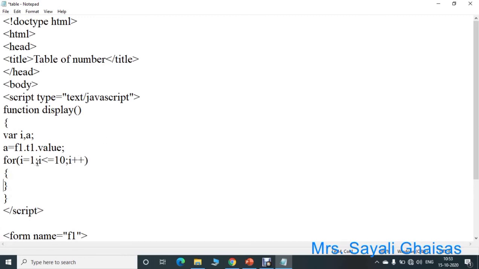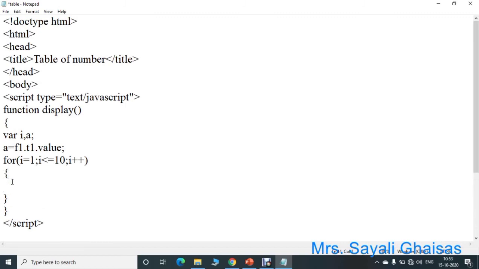For that we have to run the loop 10 times. So the condition is i less than or equal to 10. The initial value is 1 because 5 into 1. Then the value of i gets incremented by 1. Then 5 into 2, 5 into 3, up to 5 into 10.